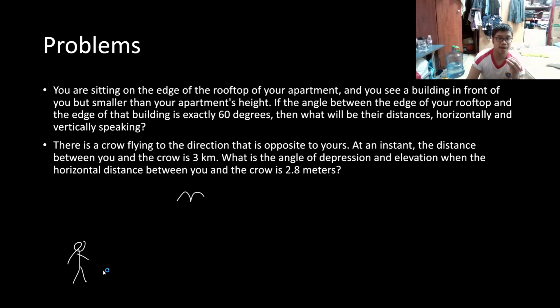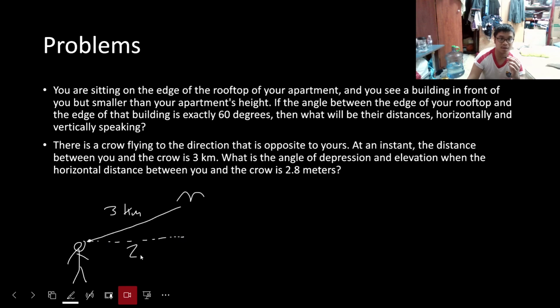You're heading to the right, so the crow will fly opposite to yours, which is to the left. According to the problem, the distance between you and the crow is 3 kilometers. From here to there, horizontally speaking, it's 2.8